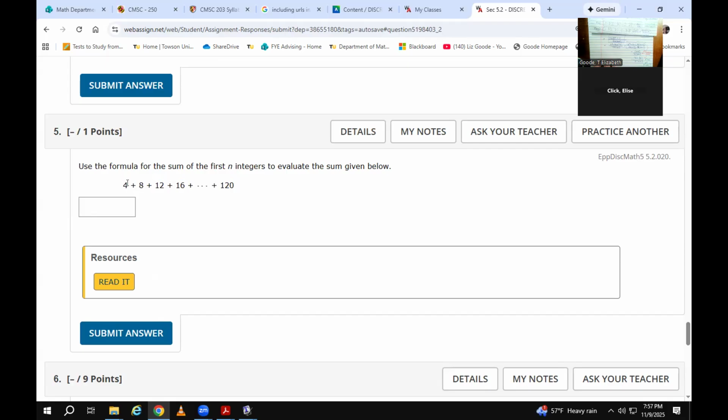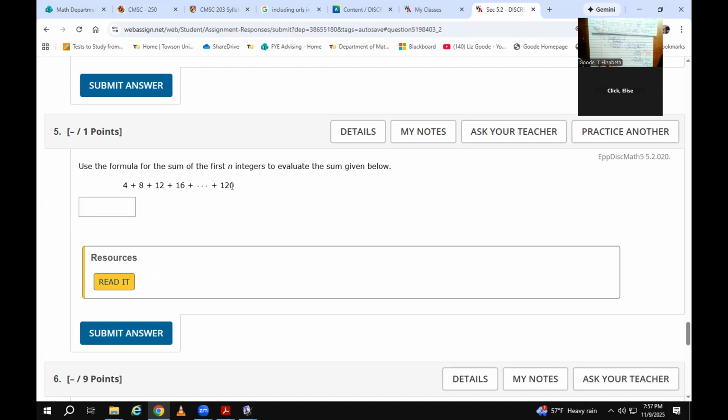What's the difference between 4 and 8, and the difference between 8 and 12? It's 4. So you pull a 4 out of this thing, factor the 4 out. When you factor a 4 out of 4, it leaves a 1. When you factor a 4 out of 8, it leaves the 2. When you factor the 4 out of 12, it leaves the 3. So it'll be 4 times 1 plus 2 plus 3 plus 4 up to, I don't know, whatever we get